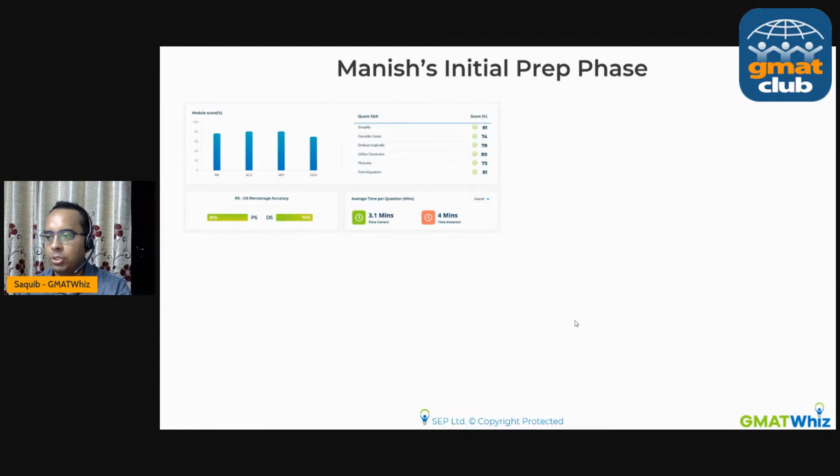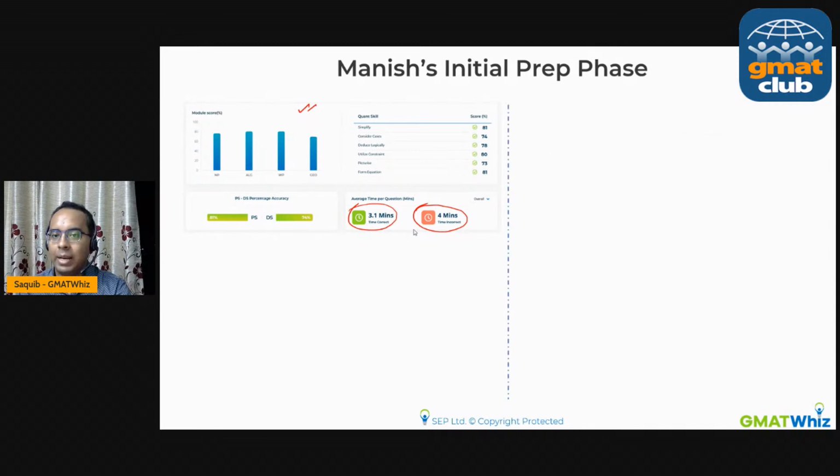I'm not sure how clear this is, but this is his quant data. If you look at his timing, and this is from his dashboard when he was in the learning phase, look at his average time for correct answers. It's close to 3.5 minutes. A lot of people might panic. Look at his verbal average time,